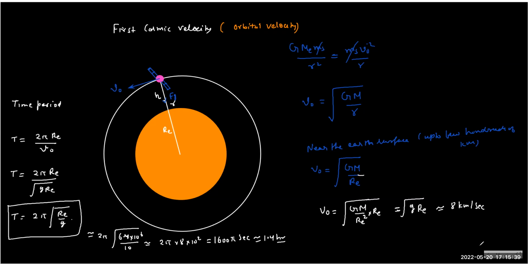Here there is a problem which we don't consider. The satellite will turn, but Earth is also moving, so the location of Earth is also changing very rapidly. And first of all, we cannot launch the plane at that speed. We cannot attain that speed at all, which is 8 kilometers per second. So V naught is something that we need to give. A satellite in this orbit will have this much velocity. Any velocity less than this will not let you stay in that orbit. You have to go away from it.